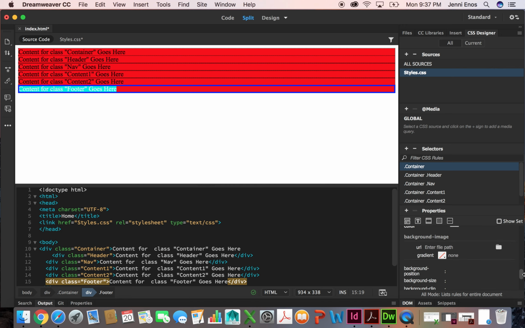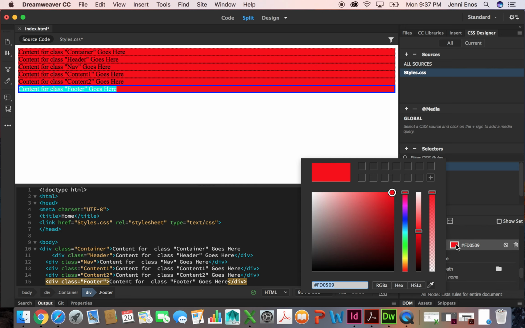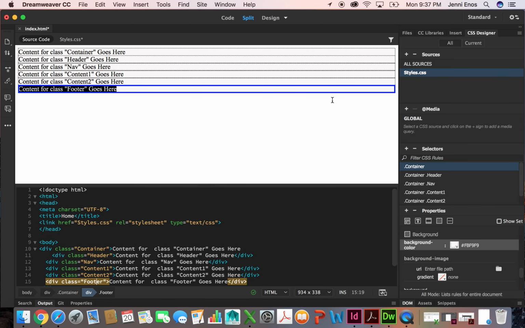So either way, however you feel comfortable coding, with coding visually with your CSS panel or your CSS designer panel, or if you feel confident in typing in the codes, it's up to you. I'm going to go with white back on that. Okay, now I want to see,